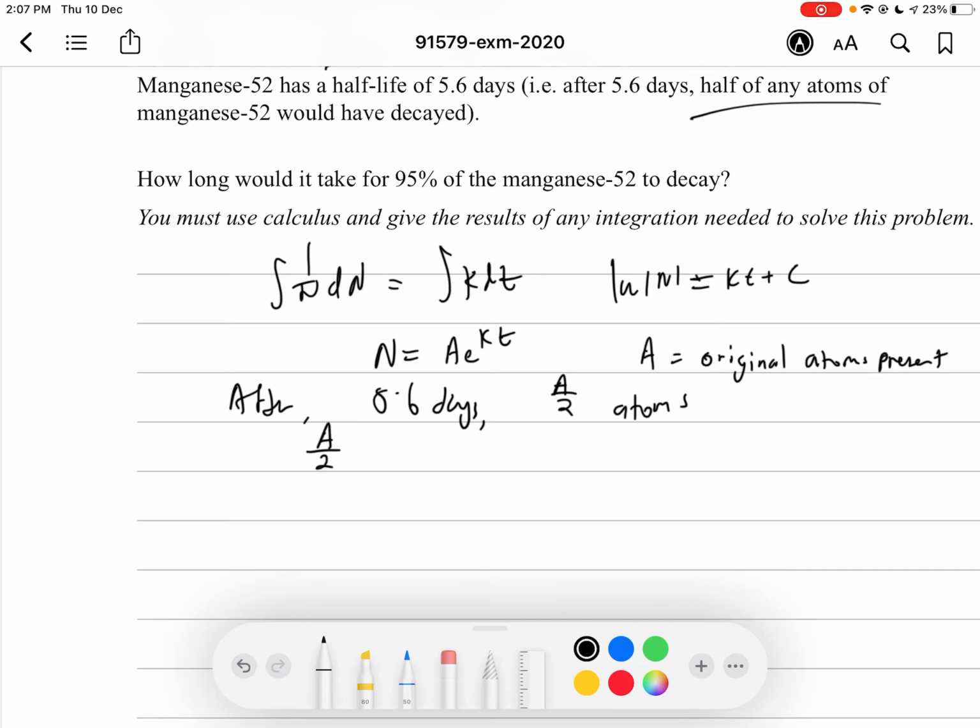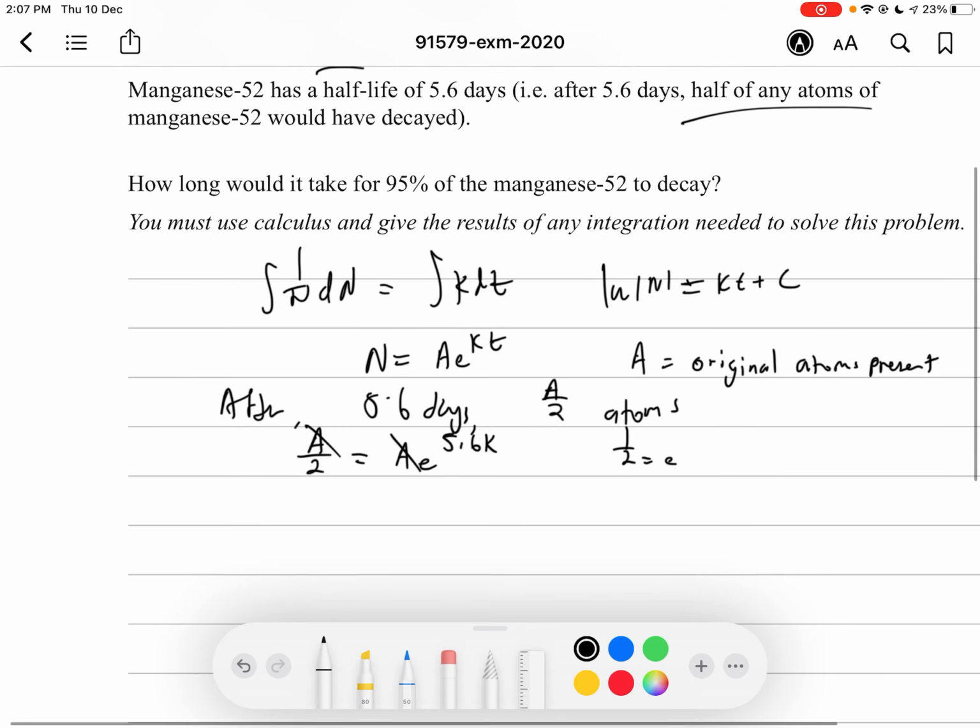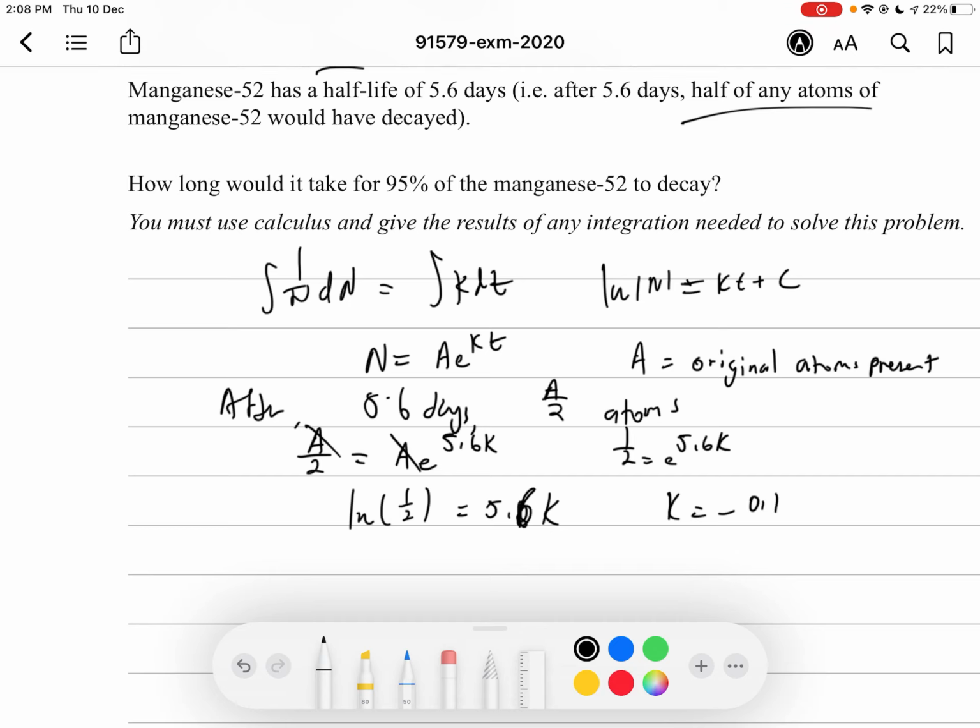In this case, our n is how many atoms are left, which is a over 2. That equals a times e to the power of 5.6k. If we divide by a on both sides, 1/2 equals e to the power of 5.6k. So ln of 0.5 equals 5.6k. This gives us k equals negative 0.12378. And therefore, we can say n is equal to a e to the power of negative